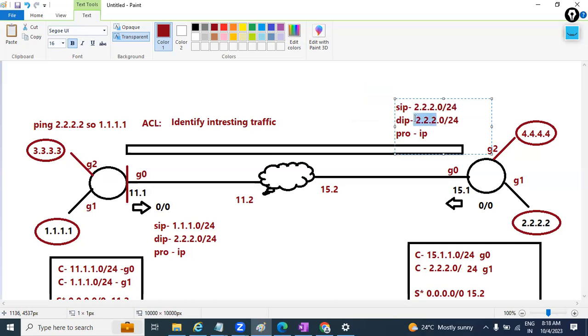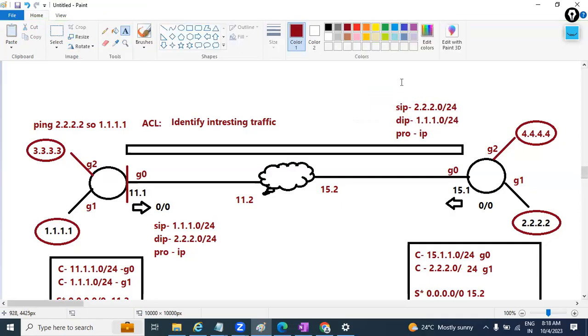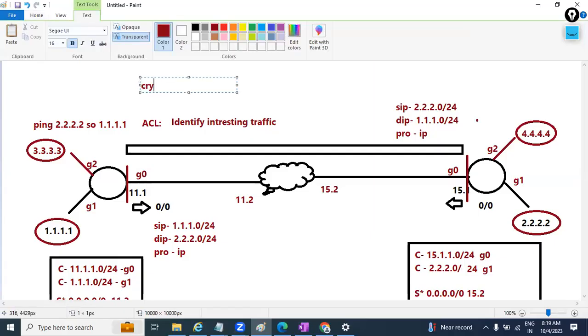2.2.2, and who would be the destination? 1.1.1.1. Okay, as you know, ACL for VPNs. Because in the upcoming classes, when we configure the VPN, in the VPN we have a concept about